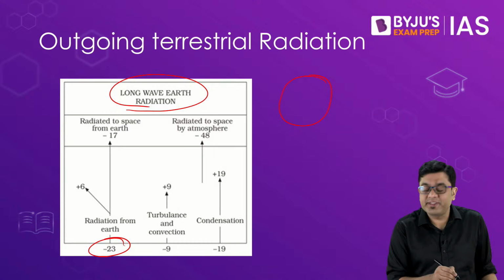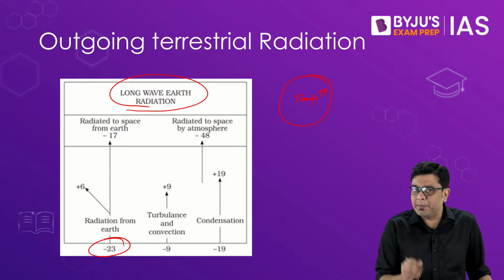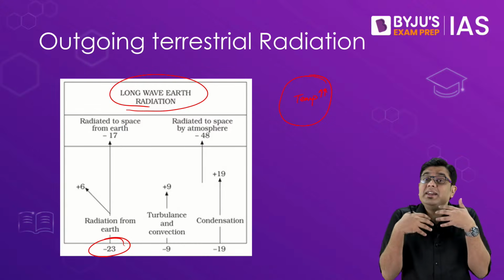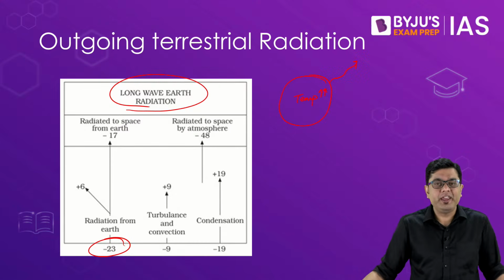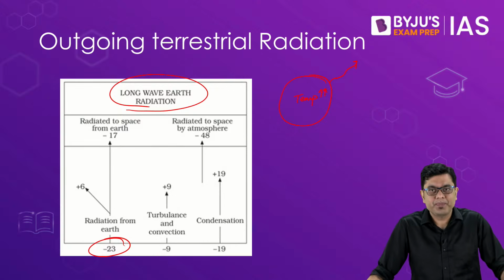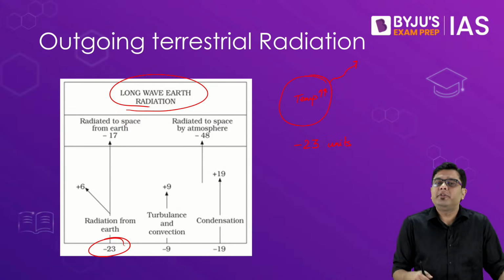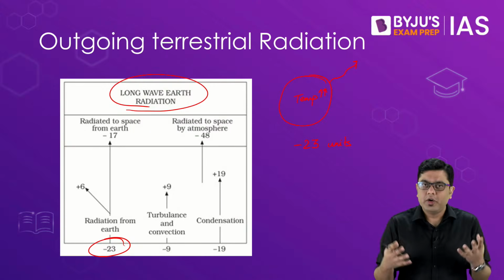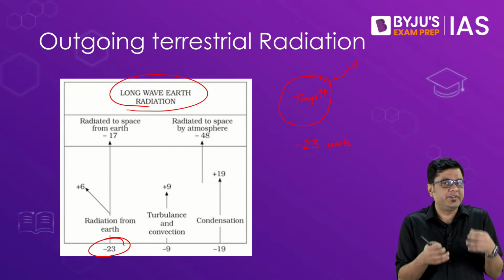So let's suppose this is the planet. Now, when this gets heated up after a prolonged day of solar insolation, the temperature increases. As the temperature on the surface increases, it in itself starts acting as a hot body, and that is when the long wave terrestrial radiation is released. This turns out to be around 23 units. I am writing negative here because this is the heat which is lost. Heat gained is generally referred to in a positive sense, and heat lost in a negative sense.